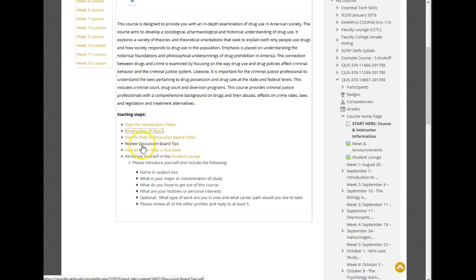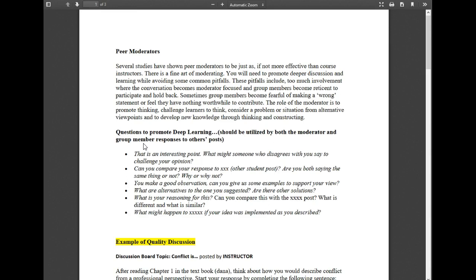The next thing I would like you to open up is to review the discussion board tips. A discussion board is a big part of what we do here in an online class. As you know, we obviously have no classroom experience, so we have to replicate that in this online environment, and one of the major ways we do that is through these discussion boards. So it's imperative that you take the time to do these discussion boards, get involved with them, and submit meaningful input and questions. Much of your grade depends on it. 40% of your grade is the discussion board. We'll go over that shortly.